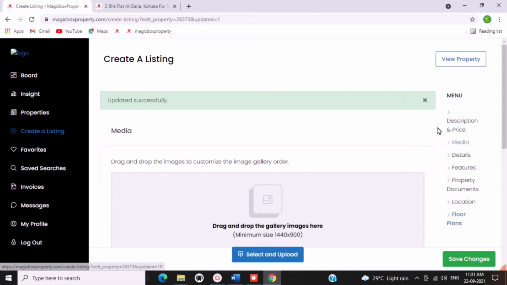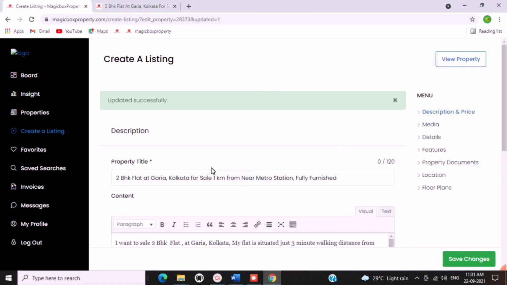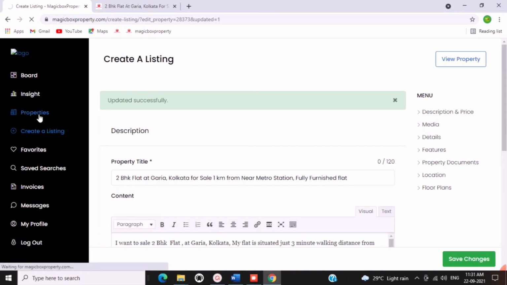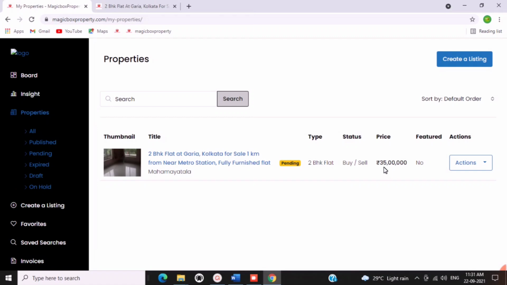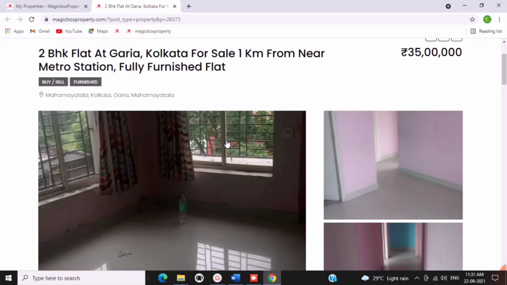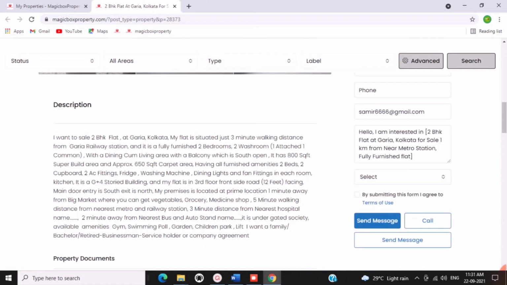Please try to fill in all the details about your property. The more details you fill in, the more authentic it looks and the more property seekers will contact you. You can advertise any kind of residential or commercial property, paying guest, land, or plot in the same way. For land or plot advertisement you don't have to fill in all the details. You can fill in only the property title, description, price, picture and property land area, that's it. Now you can see this property has been edited from 37 to 35 lakhs.